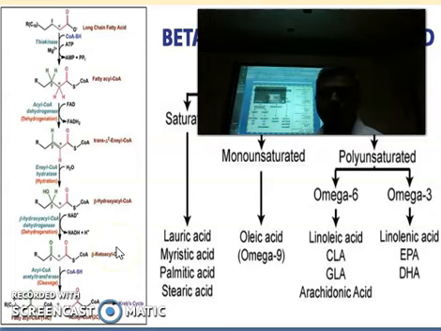Okay, this is all about the bioenergetic concept, and you have to remember how many ATPs from FAD, how many ATPs from NADH, how many